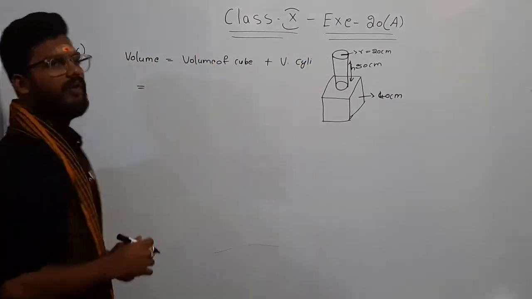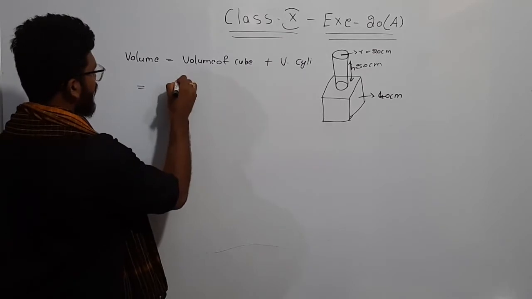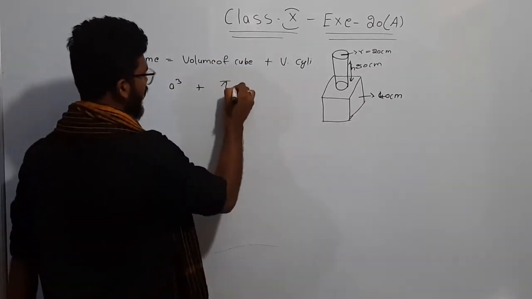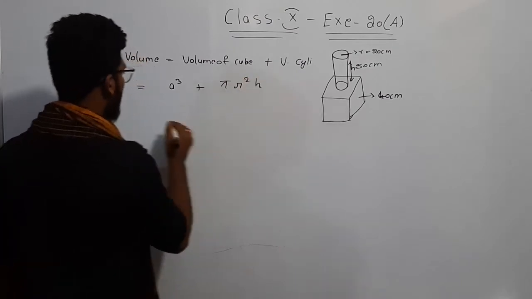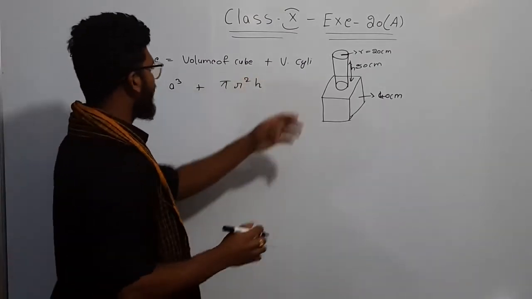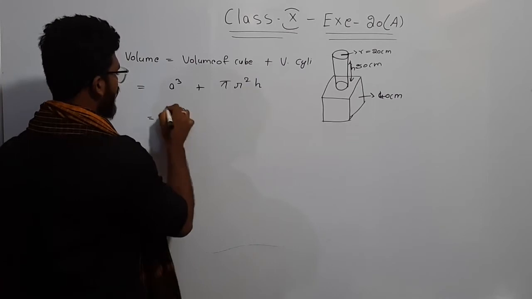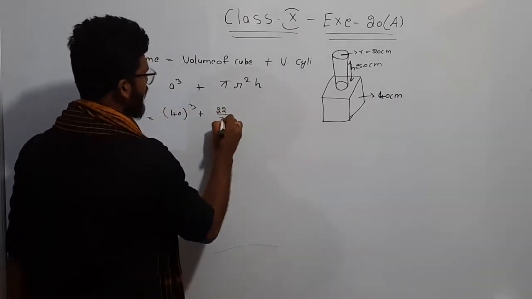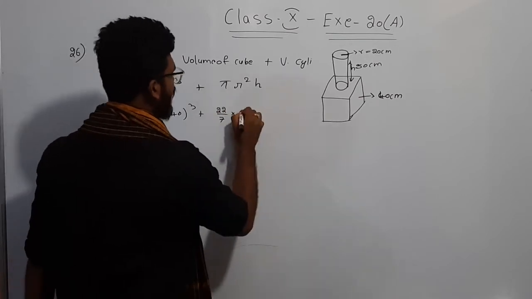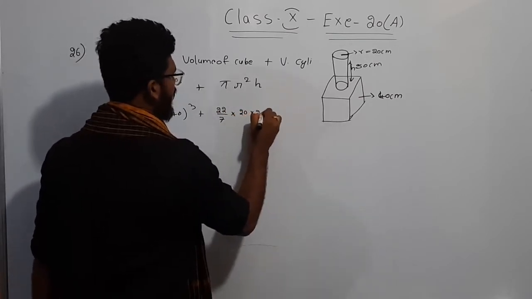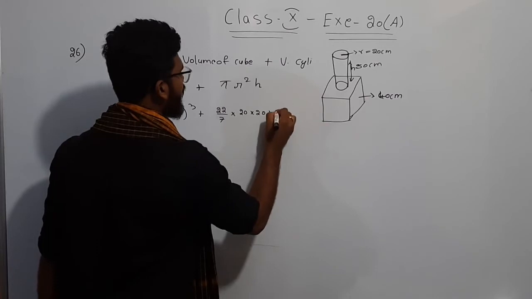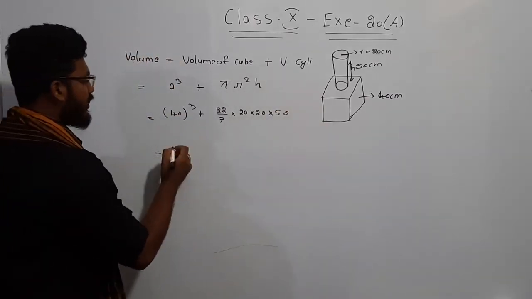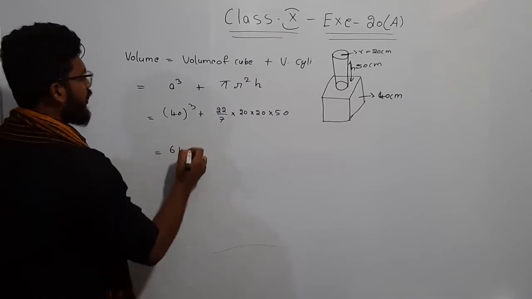So what is the volume of cube formula? a cube, plus volume of cylinder pi r square h, right? So a is how much? It is 40. So 40 cube plus pi r square. So 22 by 7 into r is how much? 20 into 20 into h. It is 50, right? So let us see 40 cube, 4 4 is 64 cube, it is 64,000